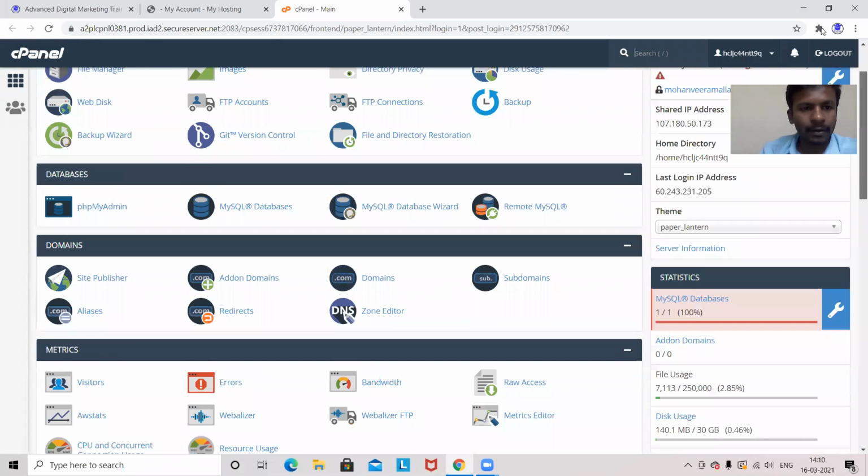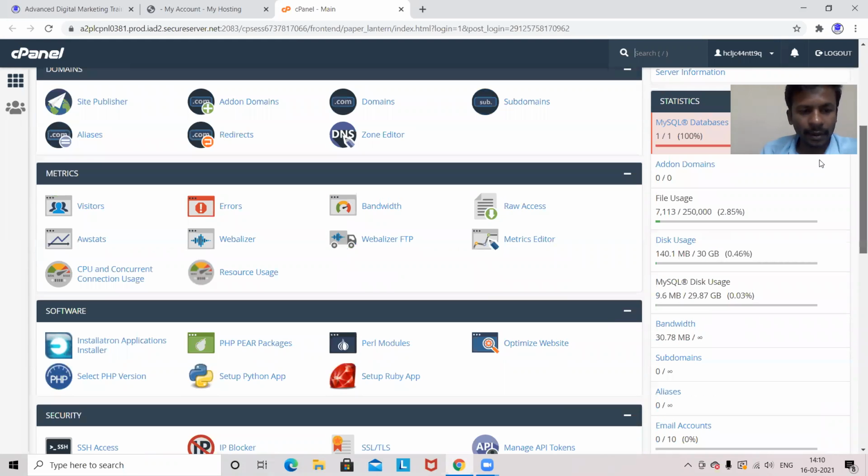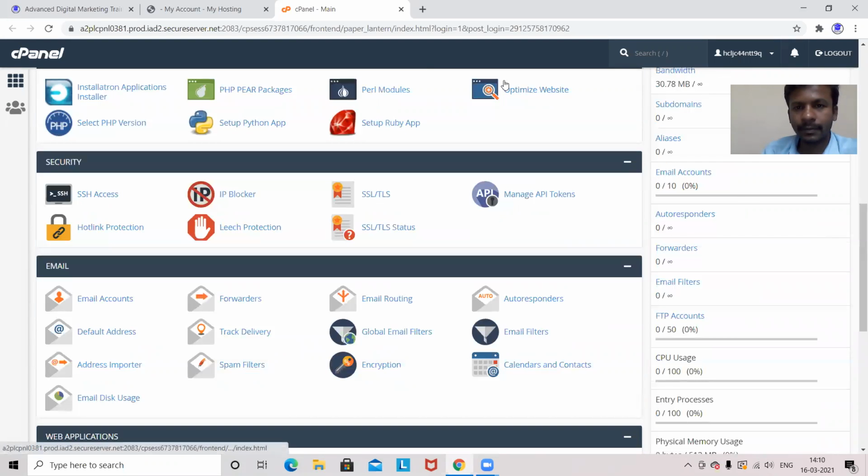Fine. So yesterday we have seen how to install this WordPress application. Any doubts on that one? Any doubts on that? How to install WordPress application? If anybody has any doubts, you can ask me now.